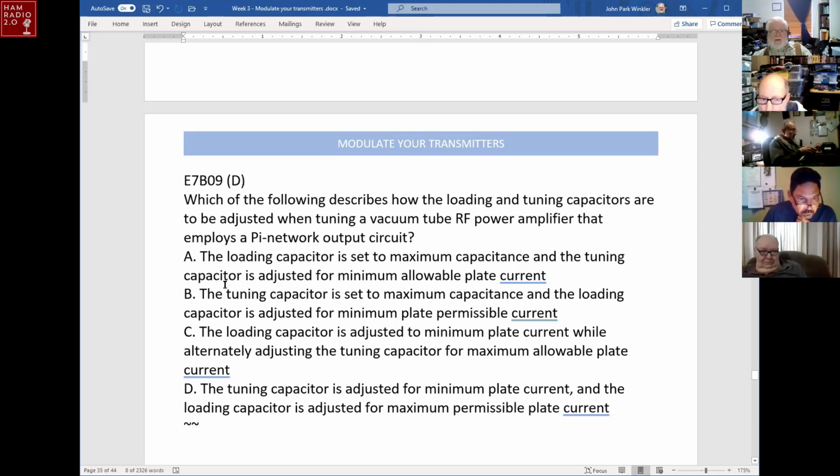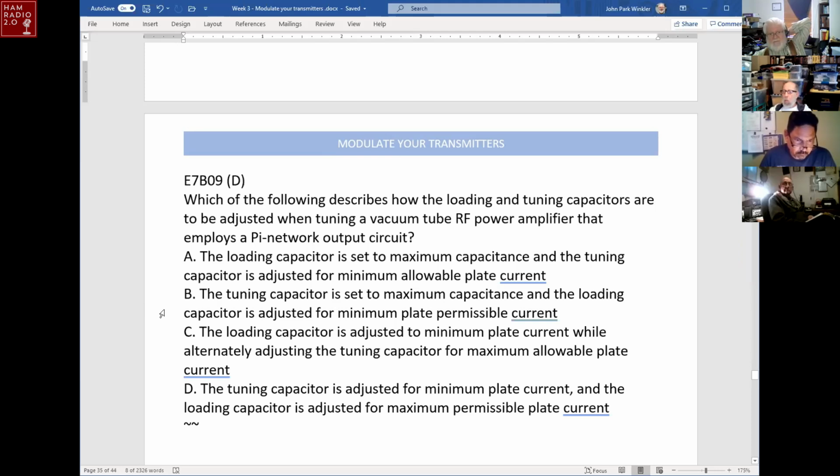well, power amplifiers as add-ons are one thing. The power amplifiers that were built into our transmitters back in the 50s and 60s, the tuning process was that you keyed the transmitter into a load. You tuned the tuning capacitor for a dip, minimum capacitance. You typically started with the loading capacitor at its maximum. And so you tune for a dip, and then you would adjust the loading capacitor and then retune the tuning capacitor until you finally got the plate current up to